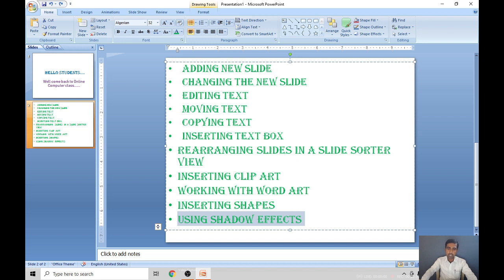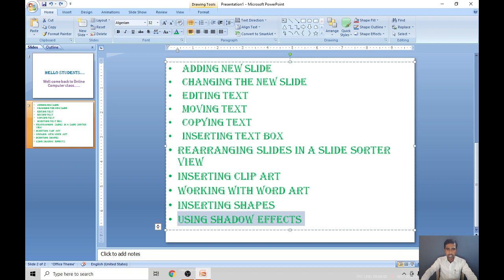So what is formatting? Formatting means changing the appearance of the text. To change the appearance of the text is called formatting. So how to change the appearance of the text? How to format the text? Now I will show you how to change the appearance of the text and how to format it. Changing the appearance of the text and formatting text are both the same.